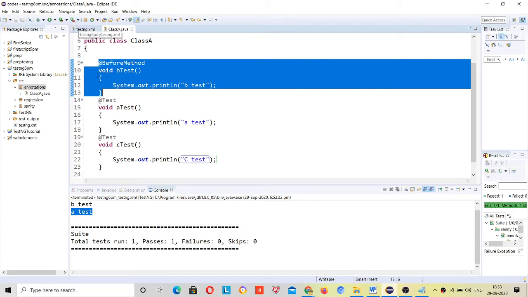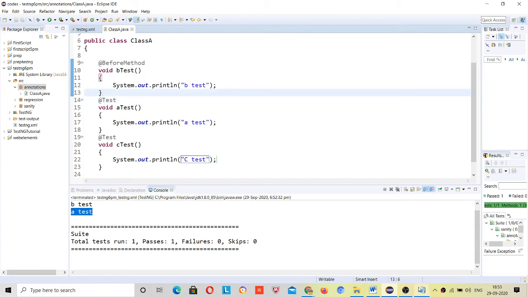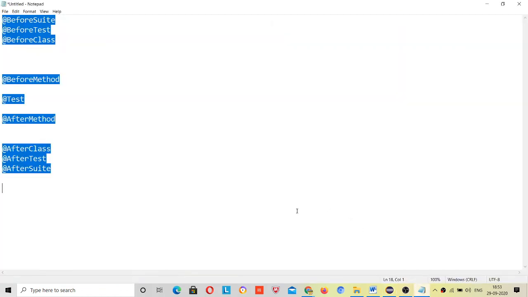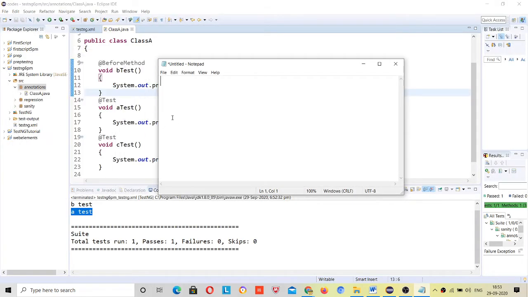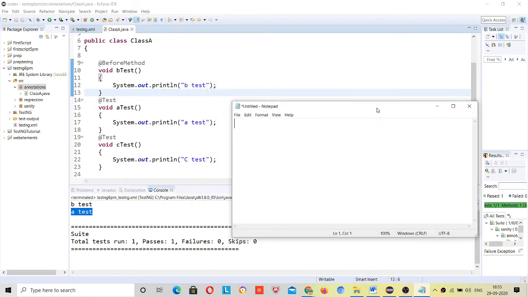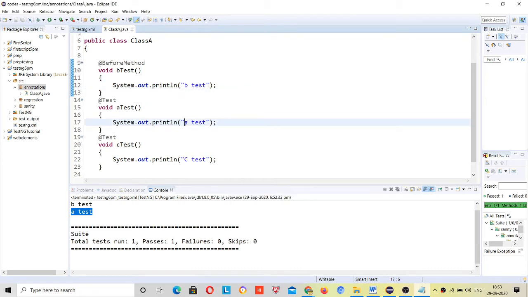Let me run it. So first, what will be the output? First of all, it will check for before method. Before A test I have this before method, so it will run B test, right? Then it will run A test.